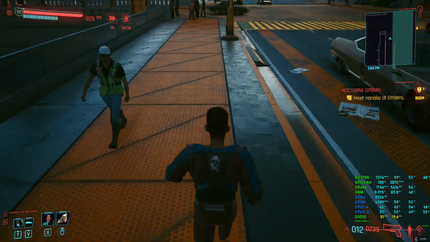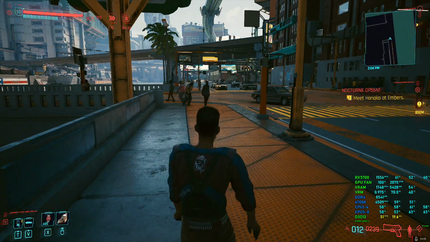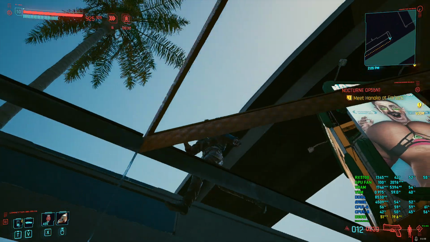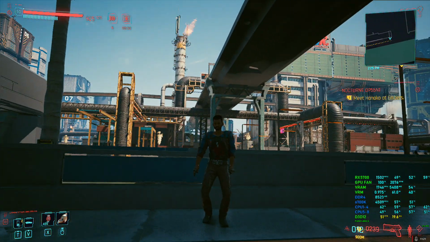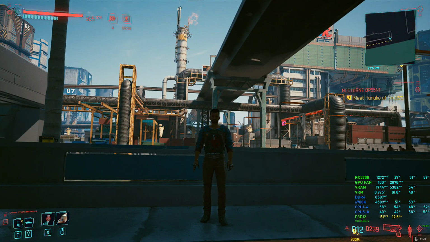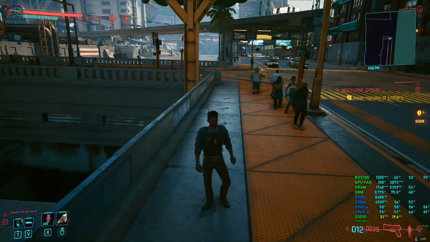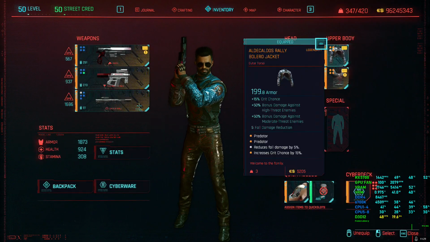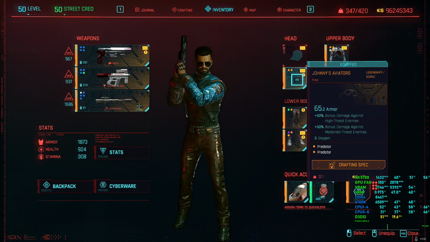So it should be using your character's custom head, like from the photo mode. I'm pretty sure that's where it gets it from. So you can see this is actually the exact face that I custom made for this character. And if I go into my inventory, there are still some basic bugs, like for example, my face wear is not showing,